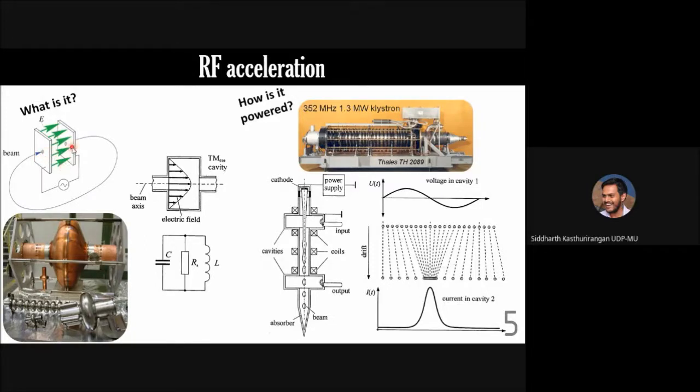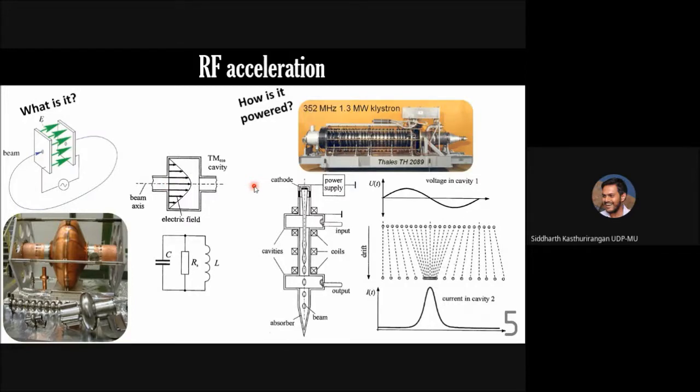Of course, after some time, these arrows will point the other way, but at that time, you ensure that no beam is coming in. The beam is, as you say, bunched in a particular way, so that it will always enter only when the positive acceleration cycle is going on. This is a side-on view of the same concept. It's a slightly different structure, but the concept is the same. You have a very large electric field in the positive direction, so that when the beam enters, it will experience an accelerating field.